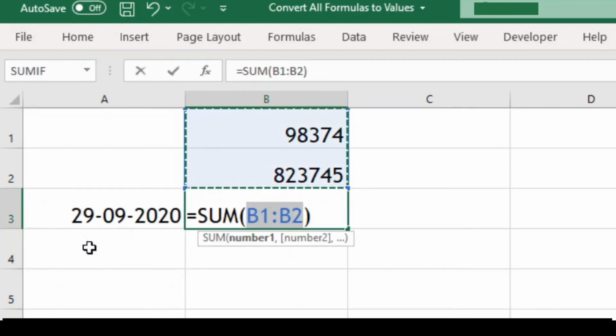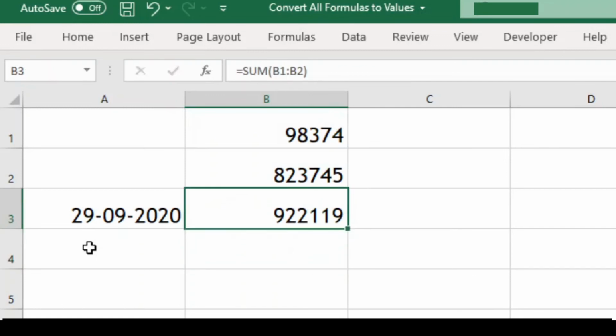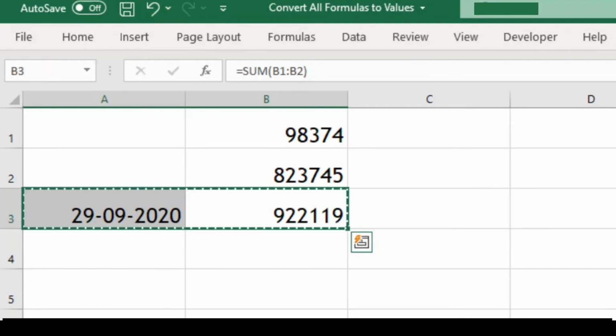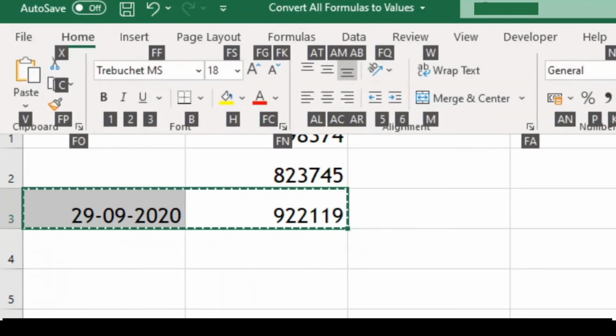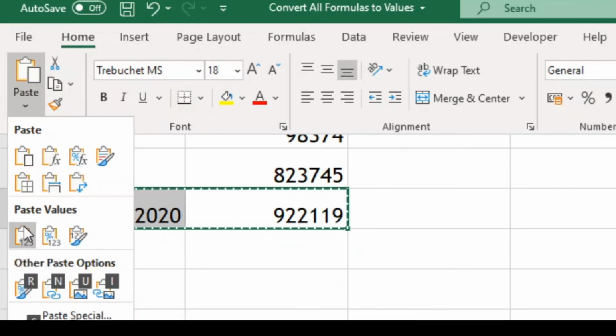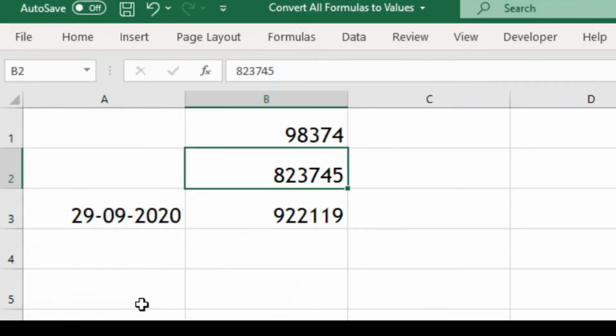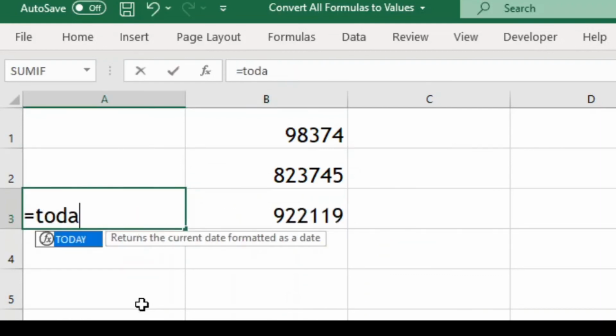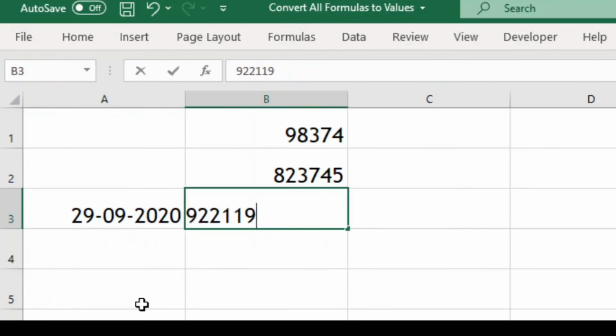Okay, the third way is by doing the same thing with a keyboard shortcut. First copy these formulas with Ctrl C, then hit Alt H. This will activate the Home ribbon. Then hit V. This will activate the paste arrow and finally hit V again. This will paste the copied content as values. So we have again done the same thing with keyboard shortcuts. Let me get these formulas back for the final time.